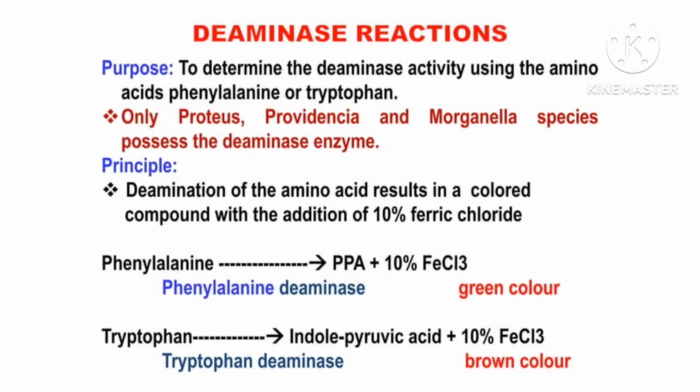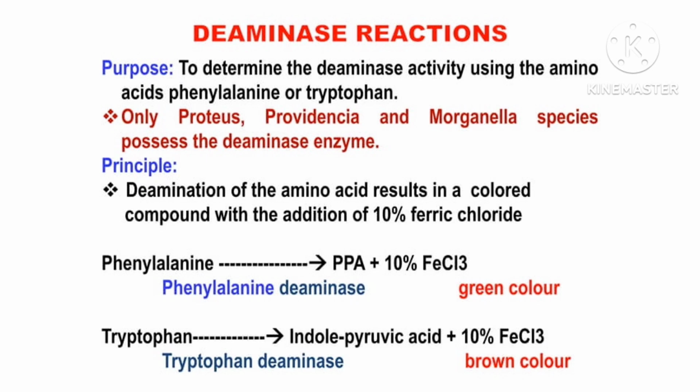Next is the deaminase reaction. The deaminase reaction is used to determine the deaminase activity using the amino acid phenylalanine or tryptophan. Only Proteus, Providencia and Morganella species possess this deaminase enzyme. This deamination of the amino acid results in a colored compound with the addition of 10% ferric chloride to the bacterial growth. Here the phenylalanine gets converted to phenylpyruvic acid, that is PPA, plus 10% ferric chloride, by the enzyme phenylalanine deaminase,